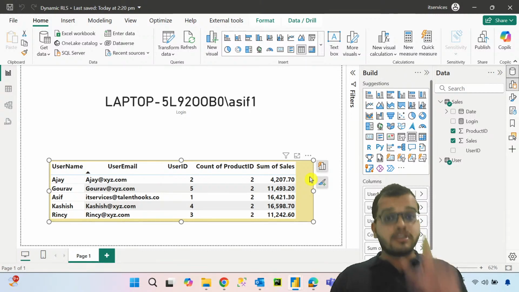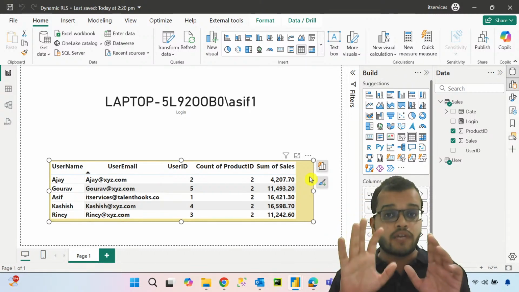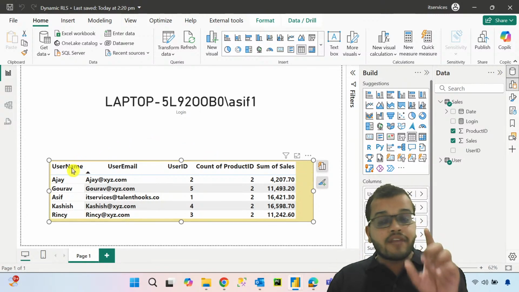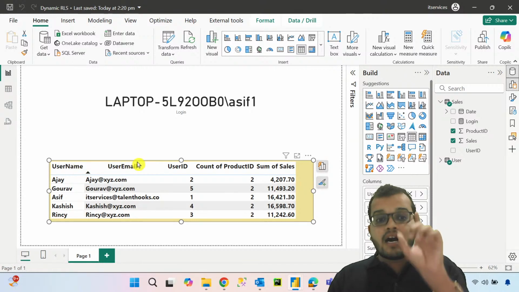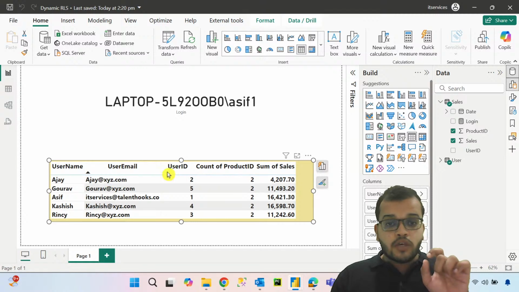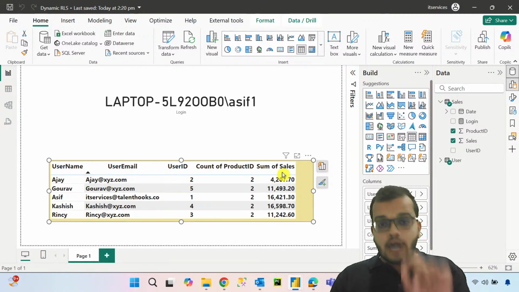So in this table chart, please look into this very carefully, people. I have taken the username, the user email ID, the user ID. So for each particular user, what is the count of the product ID and how much sales they have. Now if you just look into it,